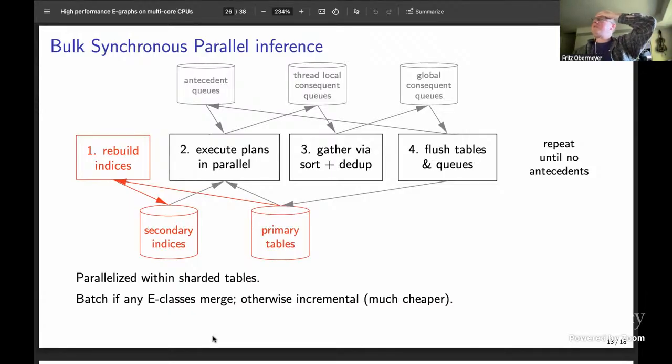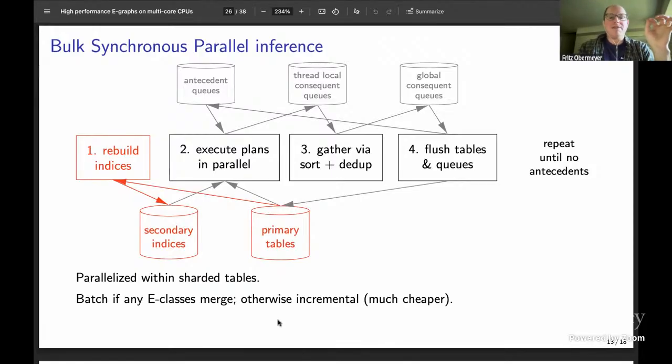The one issue here is that there are kind of two ways to build a table. The naive way is to rebuild it from scratch. The cleverer way is to look at the recent facts that have been learned and to incrementally update the table. And when that's possible, it's much cheaper. I'll show you some Perfetto slots if we have time.